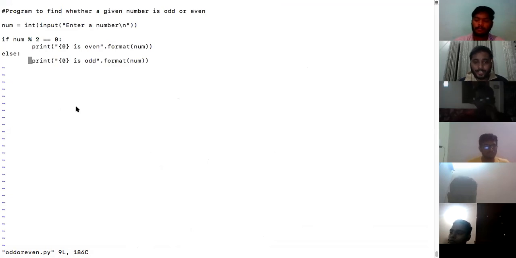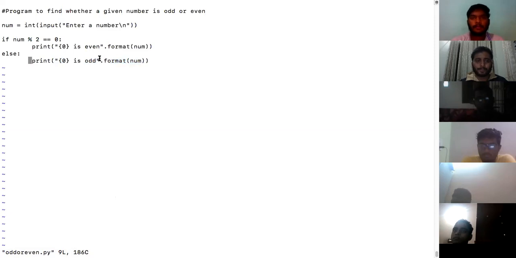Okay, Kirtana is telling she did not use this format. You have not used this form of format, is it? Okay, this is the first time you're seeing it. I have seen it, but I didn't use it here. Where have you seen this? In some Python programs, but I haven't used it. In the course or outside the course? Outside the course.